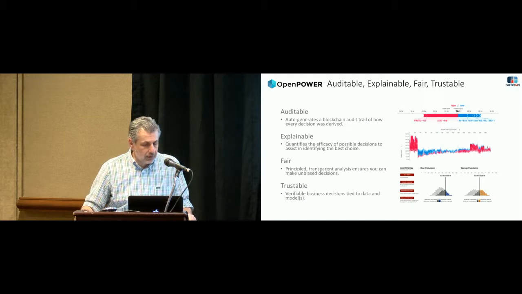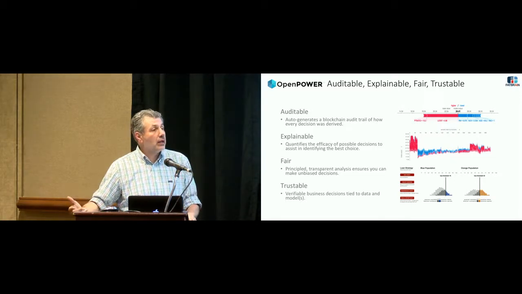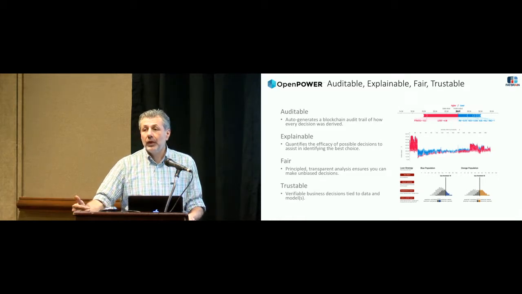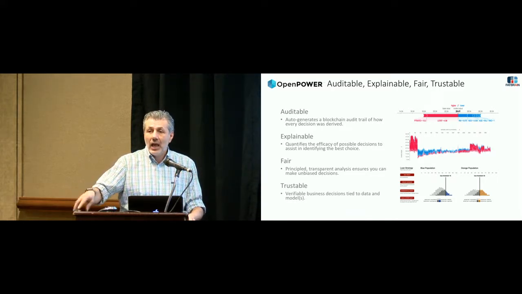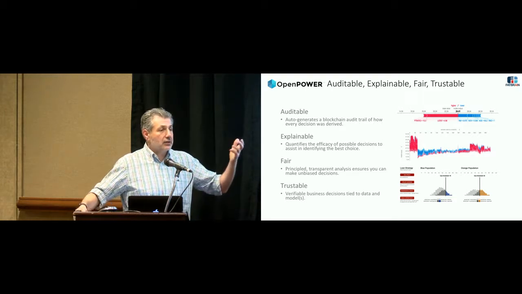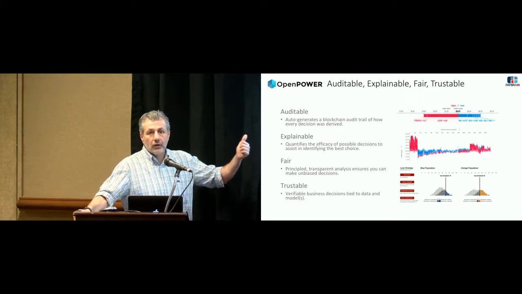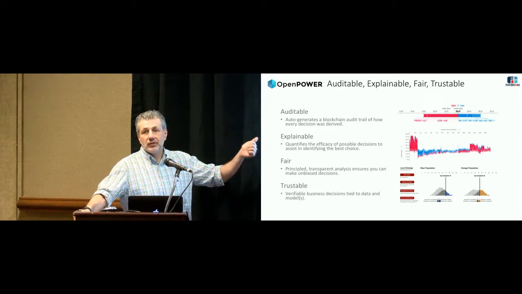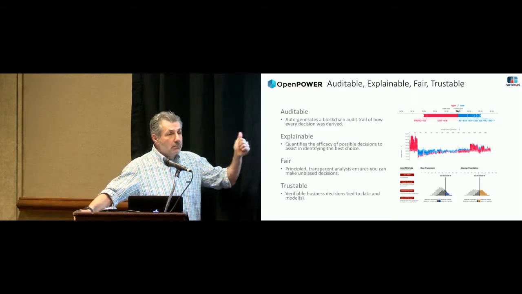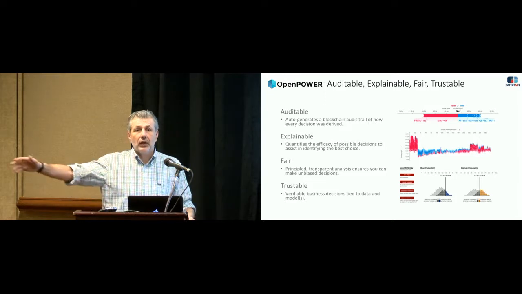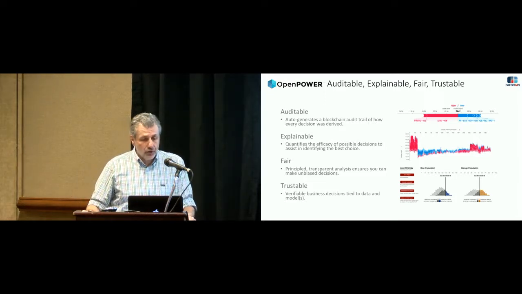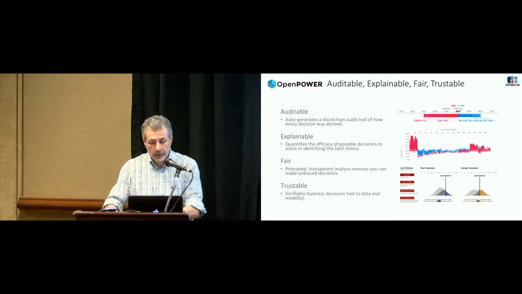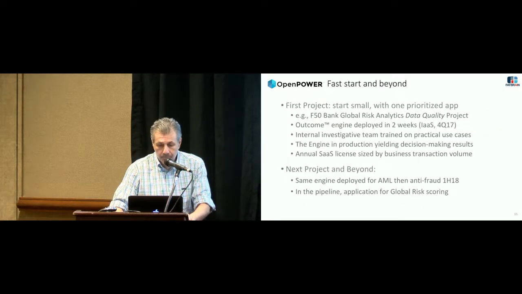This is a little bit of the things that Rajarshi touched on in terms of auditable, explainable, fair, and trustable decision making. If it's not quantifiable, it cannot be established to a regulator, it doesn't exist, right? So that's a very big deal for us, and we think in terms of AI going forward, if it doesn't have this, the city of New York already promulgated a regulation that you cannot make business-assisted decisions without auditability in place. And it's just the first, with all the privacy regulations in Europe coming on strong, we're sure that's going to be the case everywhere else as well.